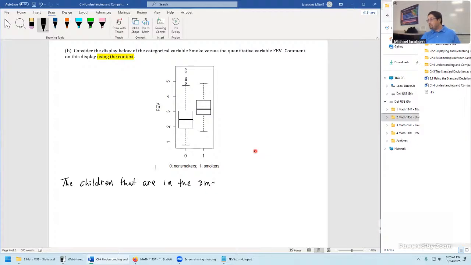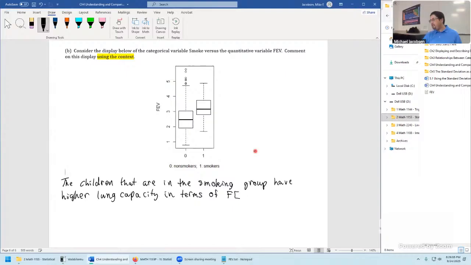The children that are in the smoking group have higher lung strength or lung capacity in terms of FEV, the forced expiratory volume, or the lung strength measurement.